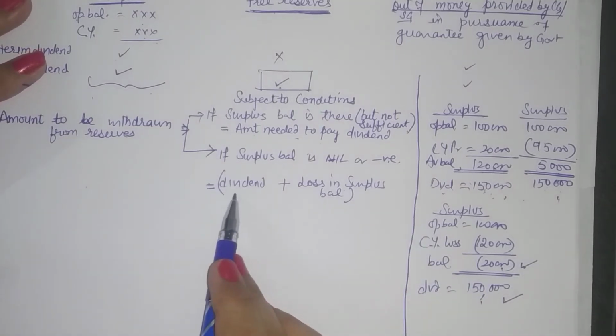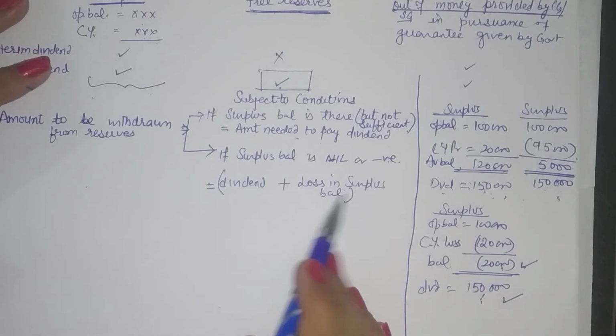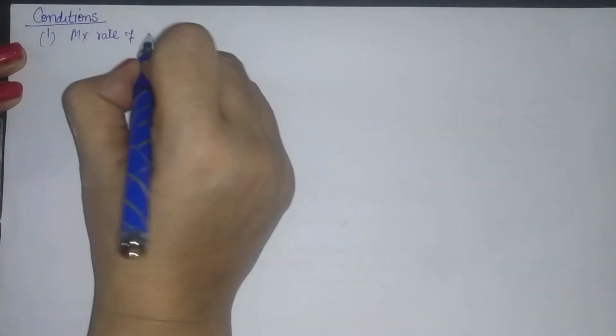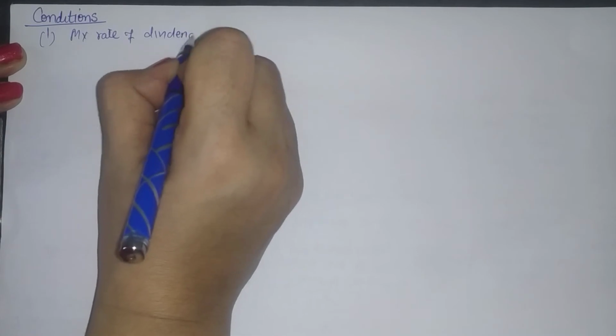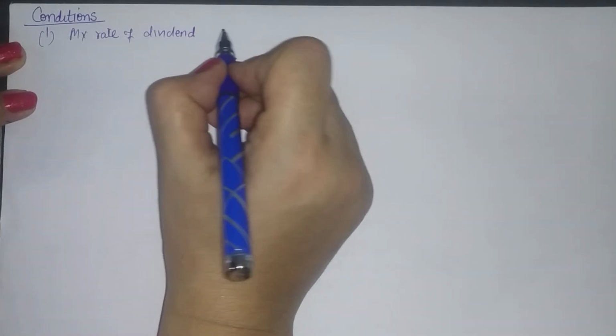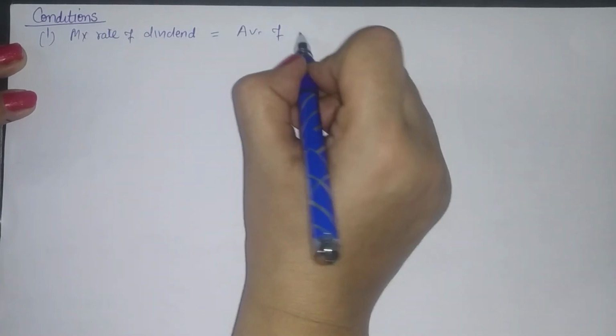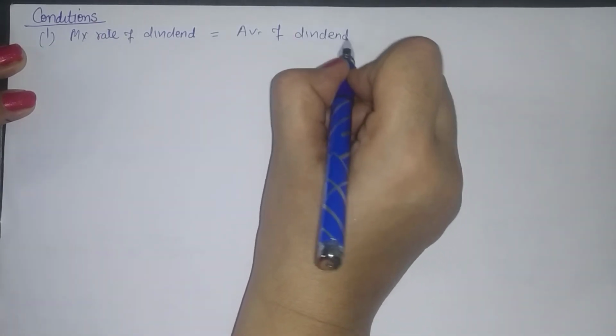So herein the withdrawal will be dividend plus the loss, because this is to be made up first, right? So after deciding about the amount to be withdrawn, let us look at the conditions. Our first condition is that the maximum rate of dividend that a company can pay in such a case, that is out of free reserves, is the average of dividends declared